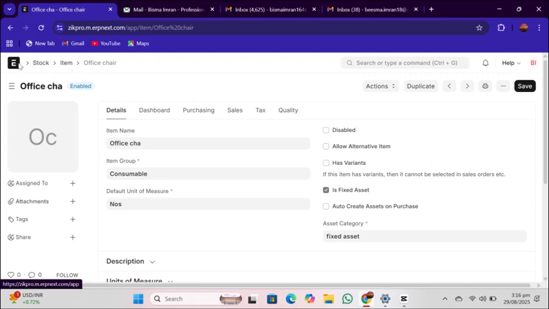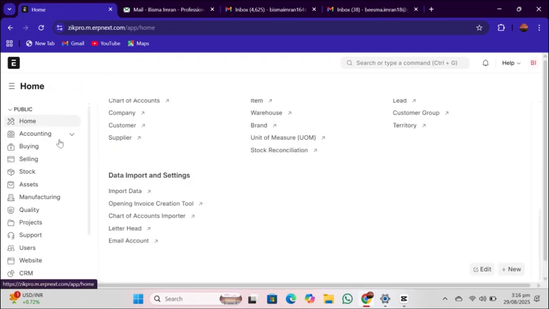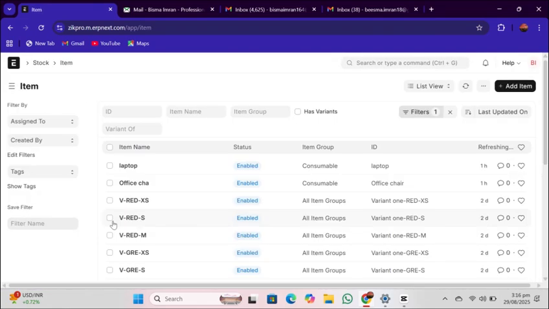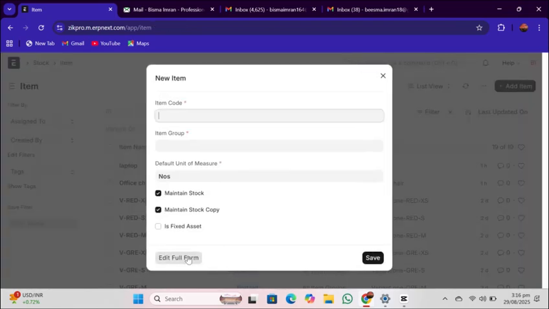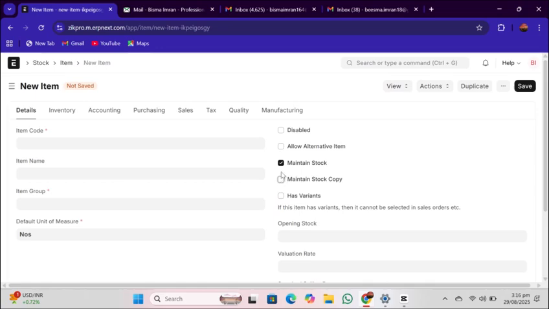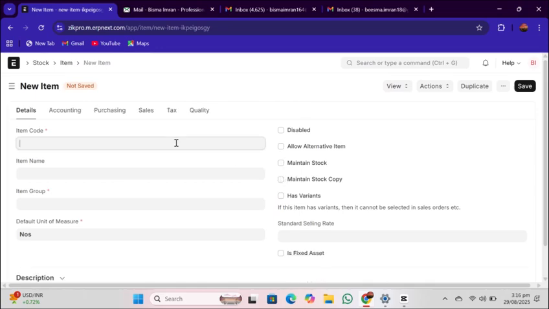To create an item, you need to go to stock, item, and add an item in this section. Now you first need to deselect the maintain stock. You need to write down the appropriate item code,